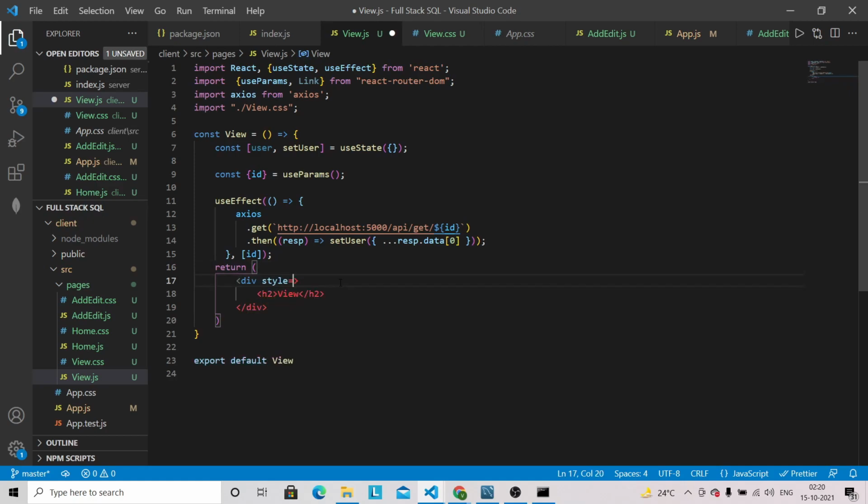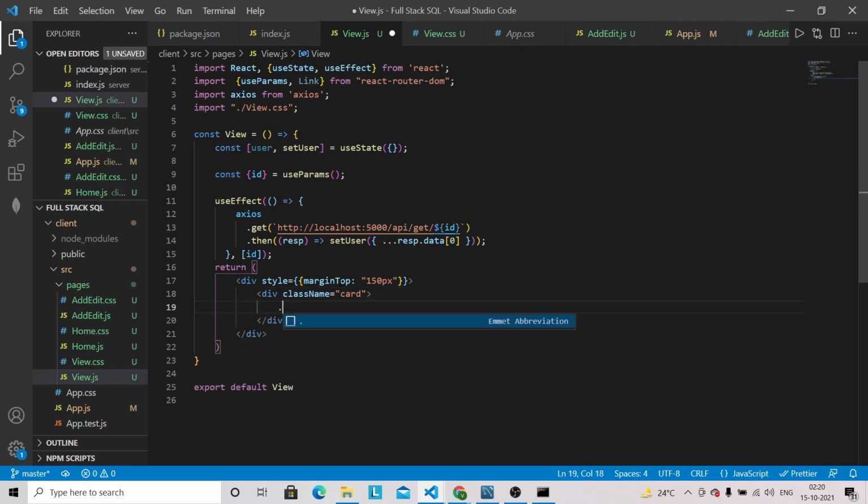So I'm going to provide some inline styling here. So margin top 150 pixel. Let's remove this one, and we are going to have a card with the class name card. We are going to have another class name, card header.